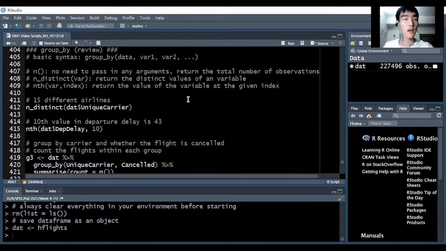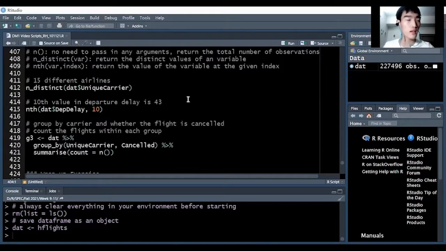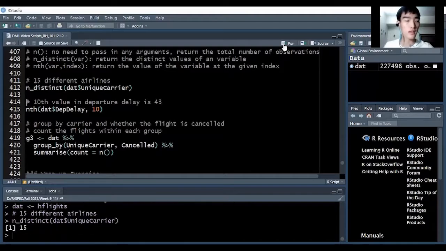Before we look at some examples using the group by function, let me show you two examples using just n distinct and nth. In the first example, we want to find out the distinct values of airlines in our dataset. So here we will use the n distinct function. Inside the n distinct function, we will extract the unique carrier variable from the DAT data frame. When we pass this into the n distinct function and run this, we can see that we have 15 unique